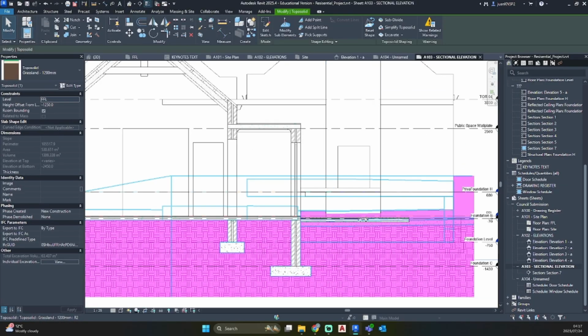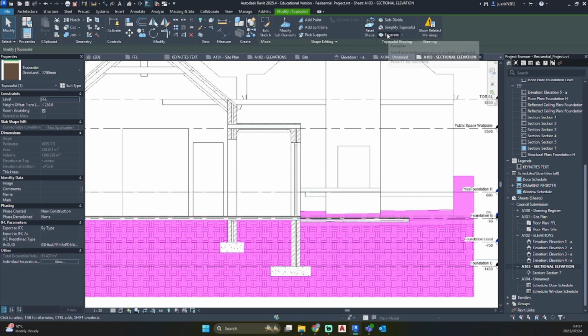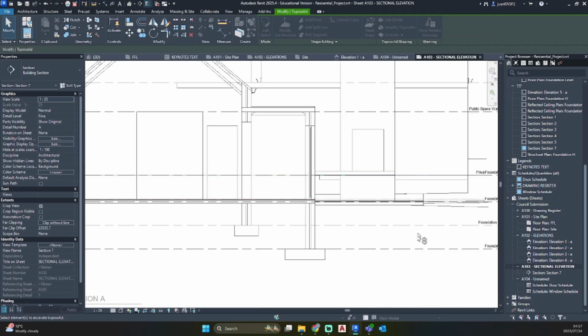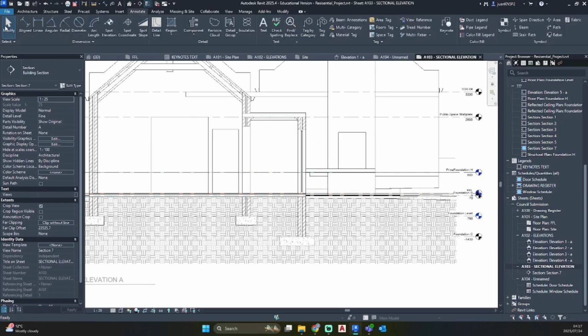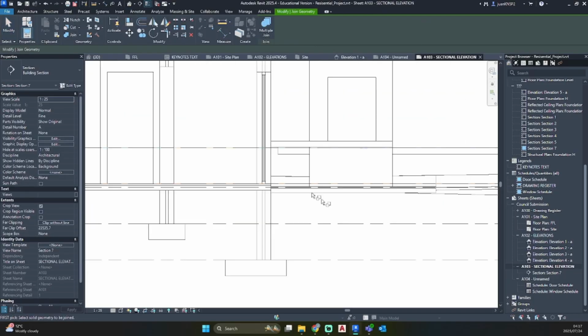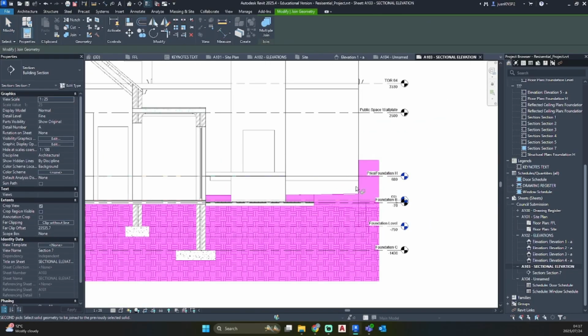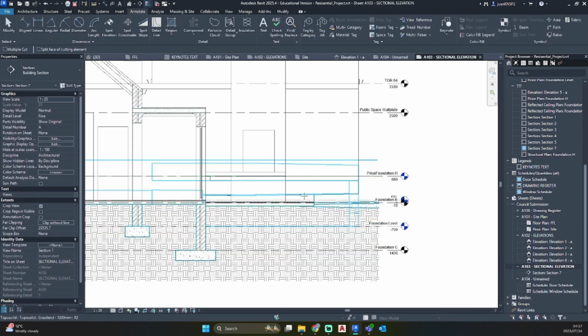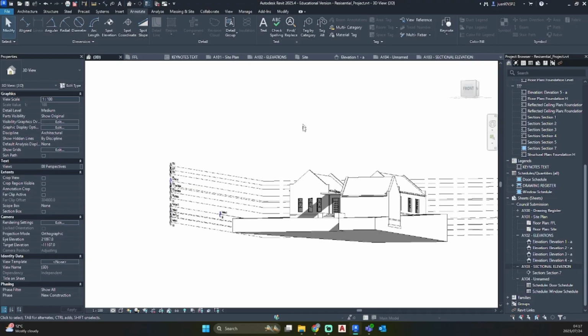Okay, seems that there is a clash, so go ahead and click on your site, excavate, and click on the floor slab for that to be excavated. I'm going to just try and join this with the foundation wall. Okay, so it's cut this. I'm going to try and do that in 3D rather.